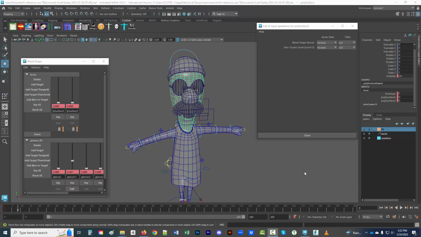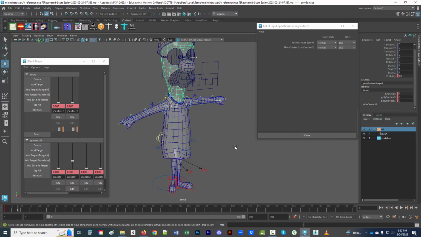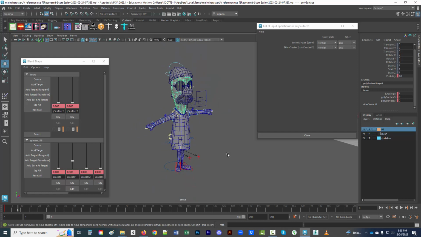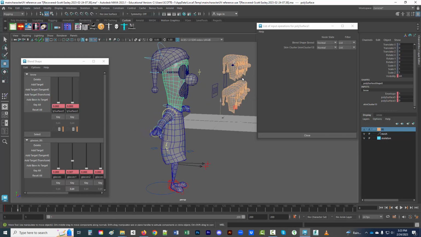Hello and welcome to a short tutorial about sorting out the influences for your character rigs in case you're using both blend shapes and skinned meshes. So here we have a kind of custom character that was built using a series of different influences. The body is done through Advanced Skeleton, but we did the head in a custom rig, complete with a whole bevy of blend shapes here in the back,